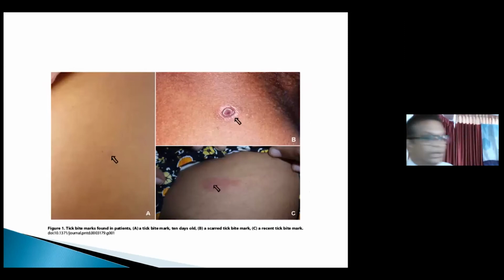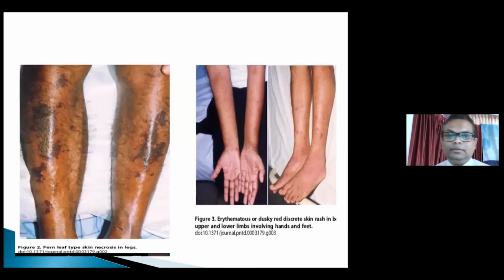Now, 3 images. First, image A, you can see a fairly old tick bite. Image B, you can see a scarred tick bite. Actually, this is not a typical scar, but a fairly old one. Image C, you can see a fairly new tick bite mark. Now, this is what I described earlier, fern leaf skin necrosis. You can see this on my